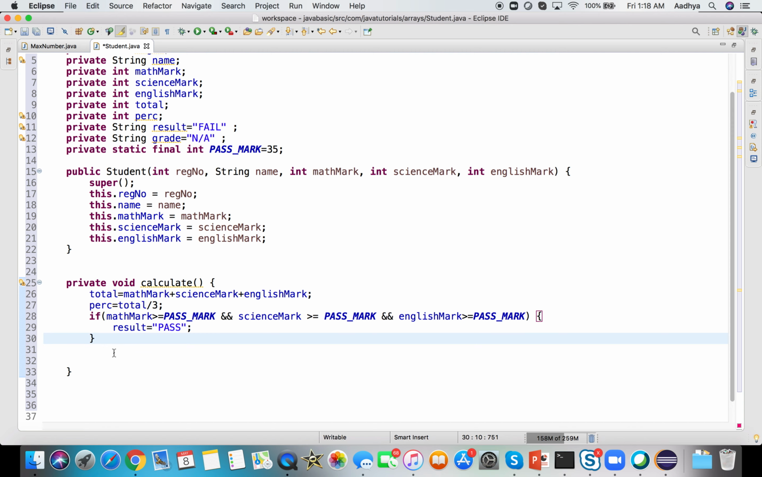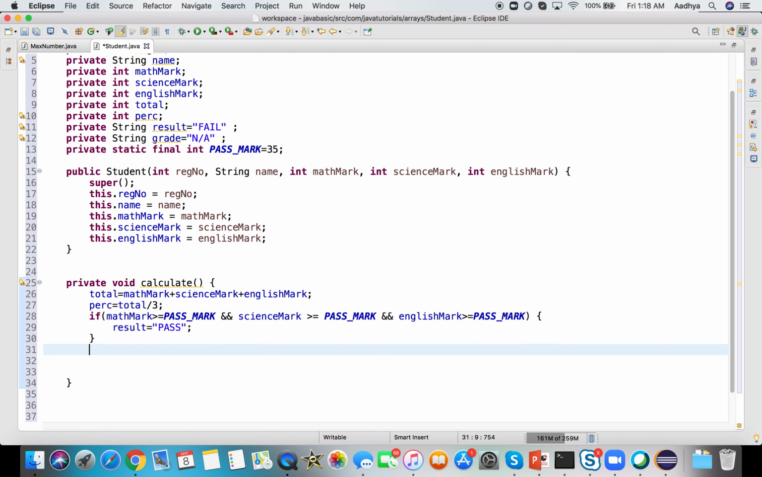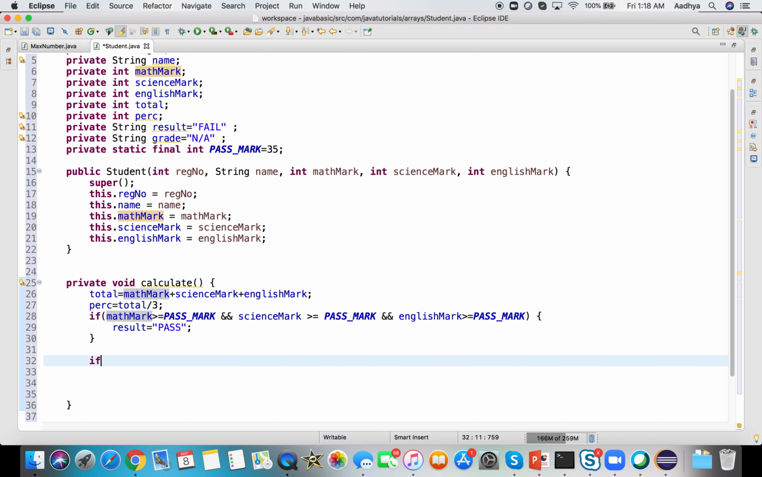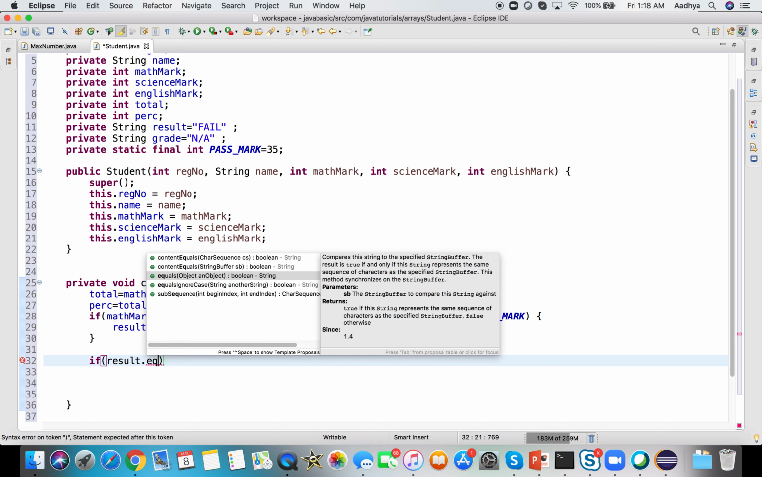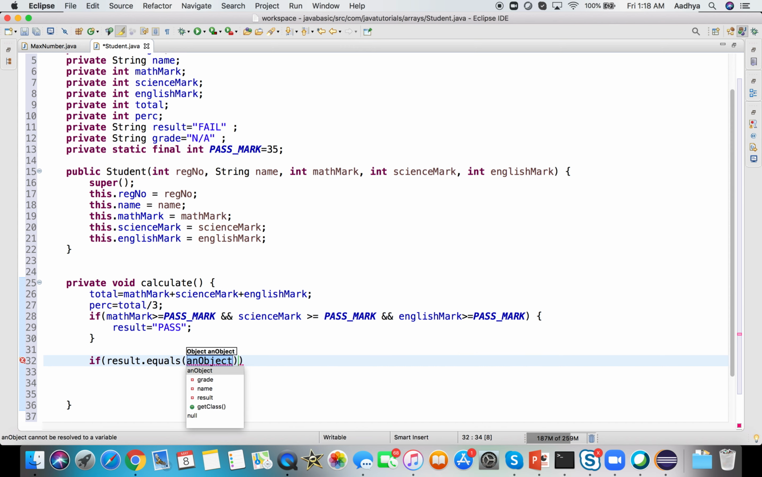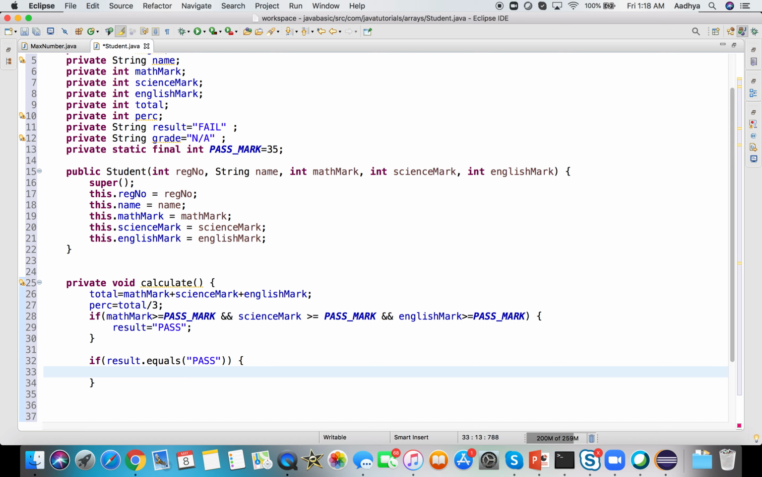Okay, so now I'm going to calculate the grade only if the result is pass. If he's failed in even one subject, I'm not going to calculate the grade. So how can I do that? If result, instead of putting double equals fail, I'm going to use dot equals. We will see what this dot equals means in the later sessions on string, but assume I'm going to use this. As of now, just understand that String is a class, and it has an equals method which compares the contents here. Okay, if result dot equals pass, then what I'm going to do is